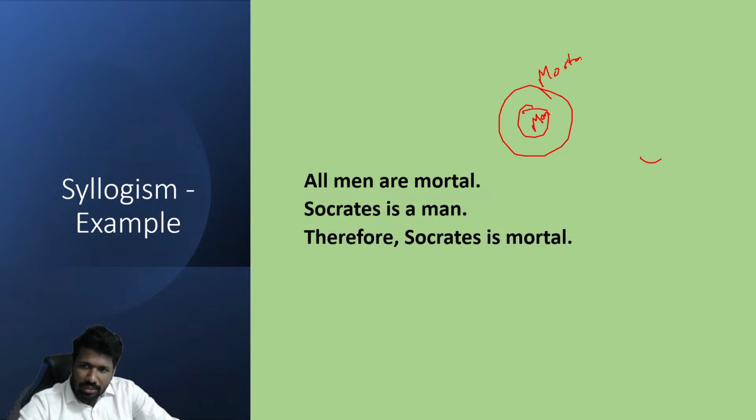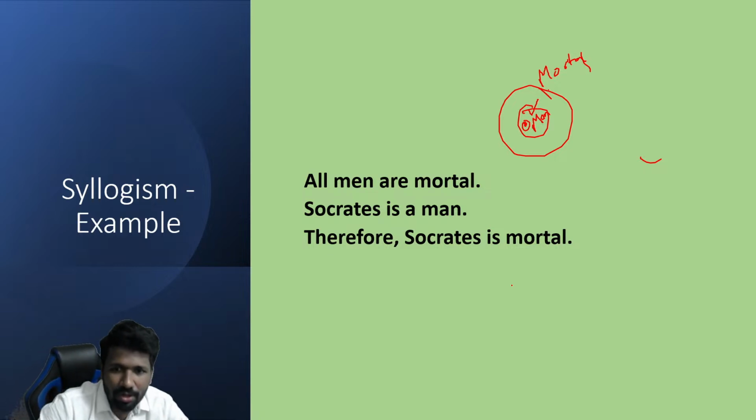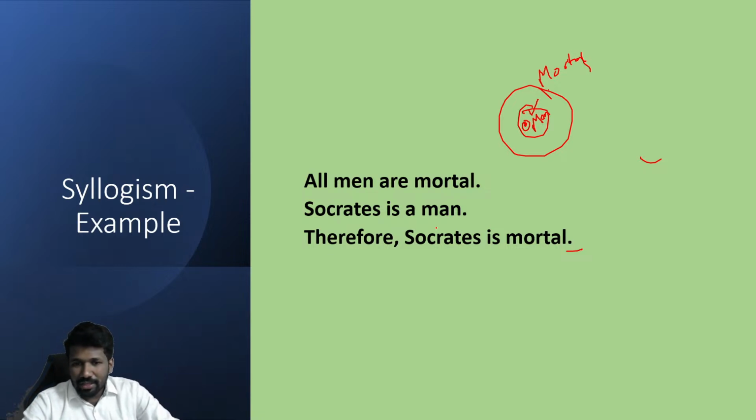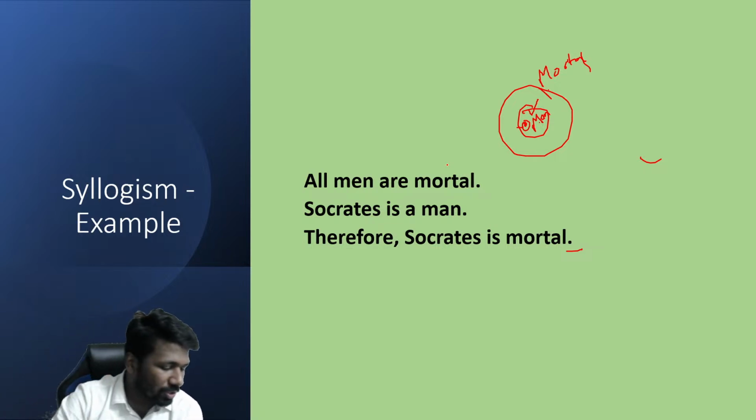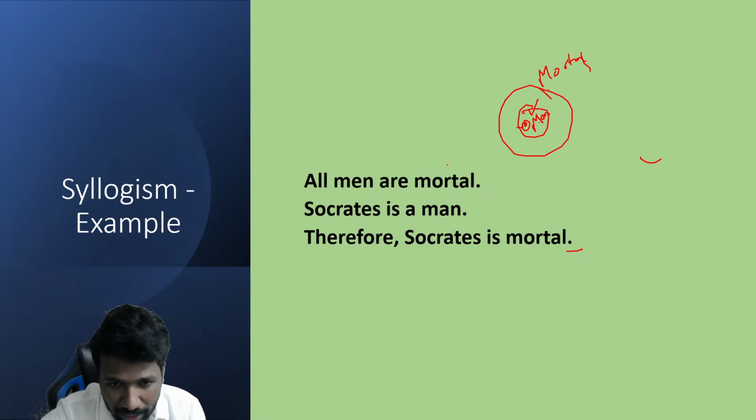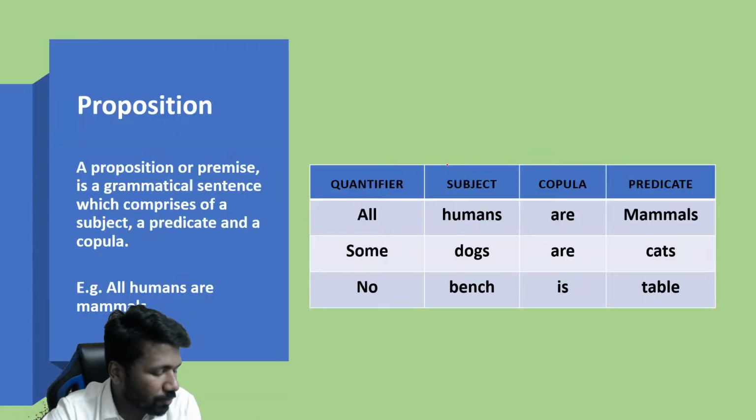And Socrates is one sample of this men. So that sample will be mortal because all men are mortal. So Socrates is also mortal. Yeah, there are some technical terms, minor premise, major premise and all. We don't have to go that much deep because that will take too much time to explain. Practically what is needed to solve questions, that is what I am teaching you. This much theory that I am going to teach now is enough to do any questions